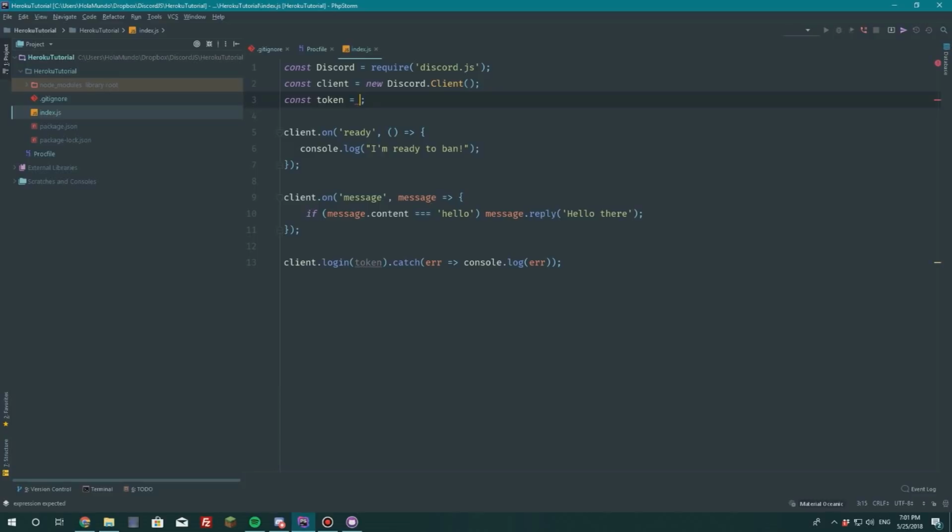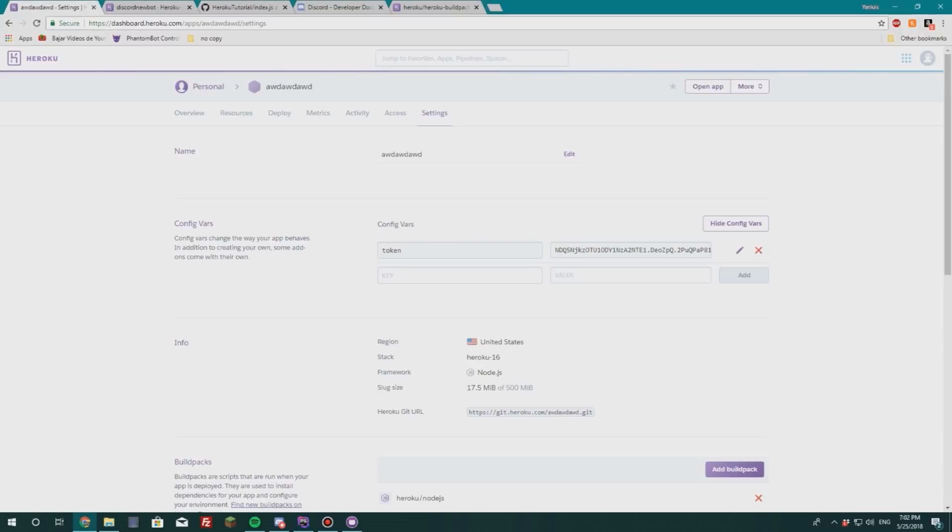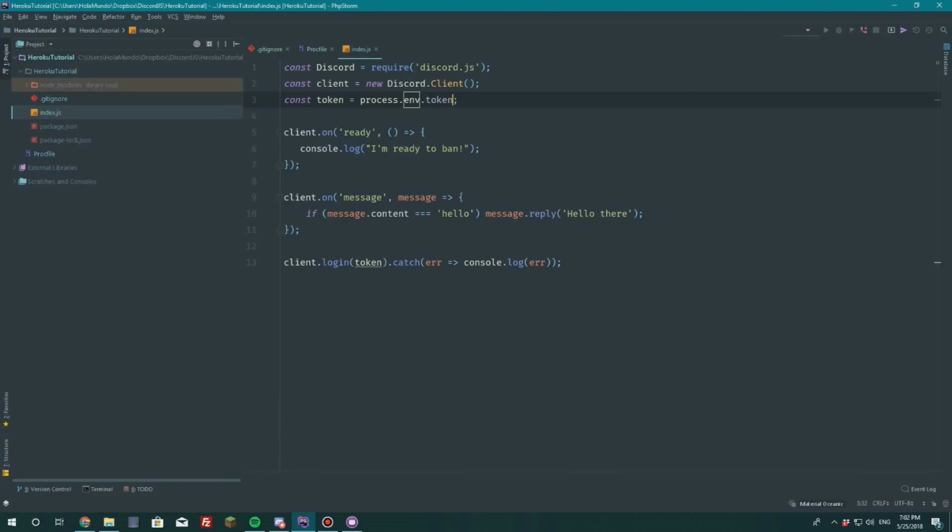and now we can use process.env.your name that you use here. In my case I used token, so I'm going to put token,